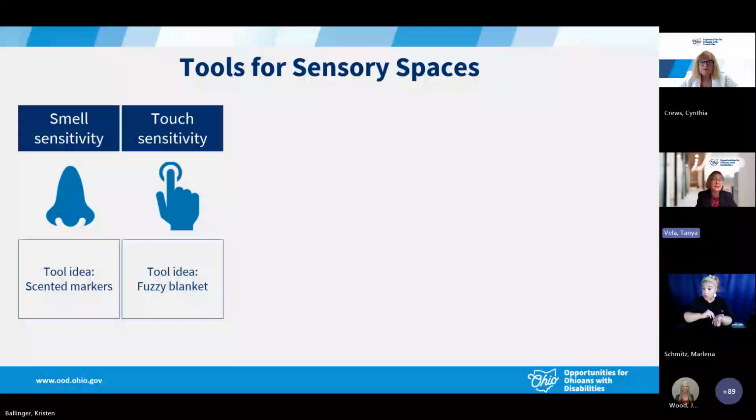With touch, the texture of materials can provide different sensations. Soft items like fuzzy blankets are soothing. Rubber squishy balls offer a different tactile experience. So also consider the overall temperature of the space, and tools such as heating and/or cooling pads can help assist